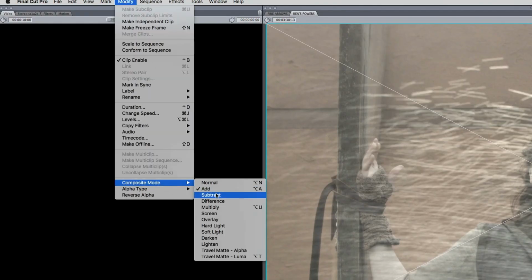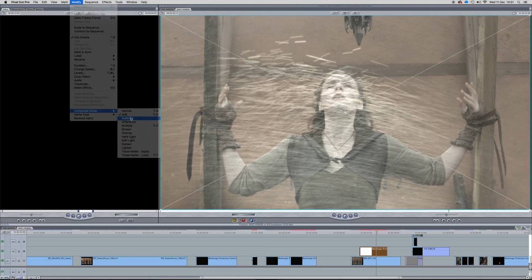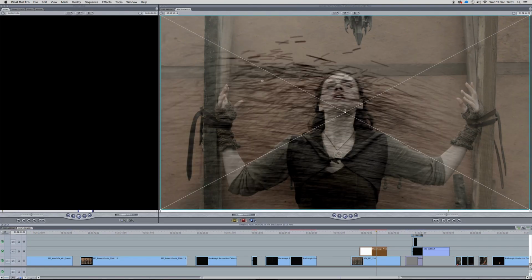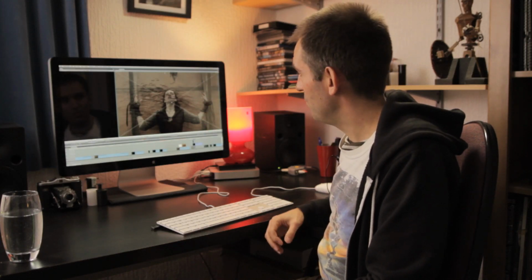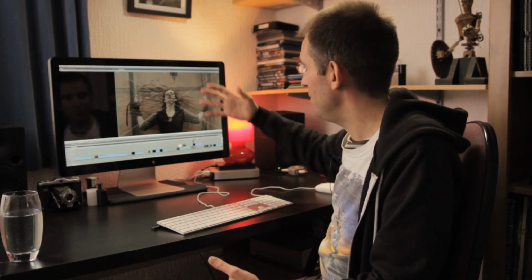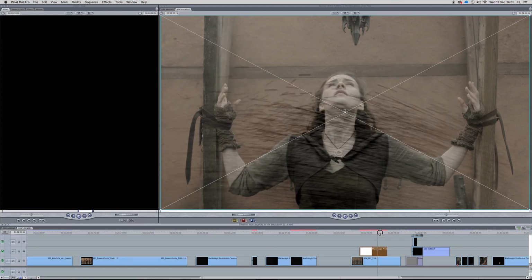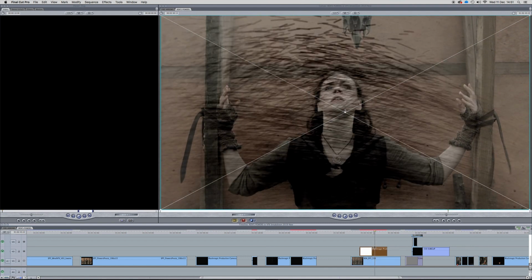Subtract is, of course, the opposite of add, so it's going to take away the brightest areas, and they're going to become black. Again, the black background that we shot against remains invisible because black has a brightness of 0, so if you subtract 0 from anything, it's the same as before, so Ren's element underneath is unchanged. So we've got immediately this kind of black spray, which we're using as kind of wind or grit or dust,